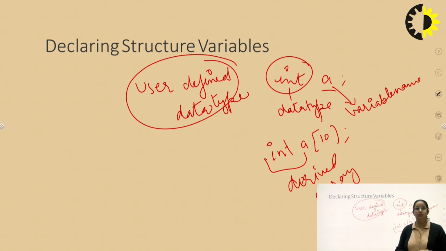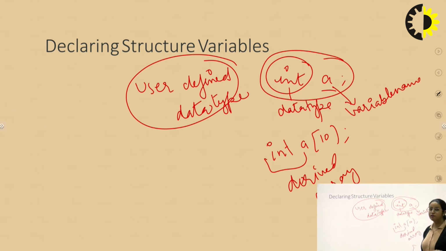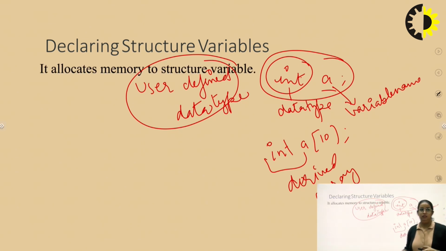For declaring the structure variable, we need to first create the data type. For that, we have already defined the structure. The defining of this structure is basically creating the data type of that type. And now with the help of that struct student, we are going to declare the variable like this. This is the declaration of a variable. Int a, that means data type and then variable name. Same here also.